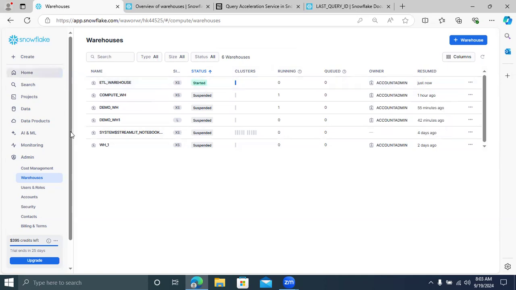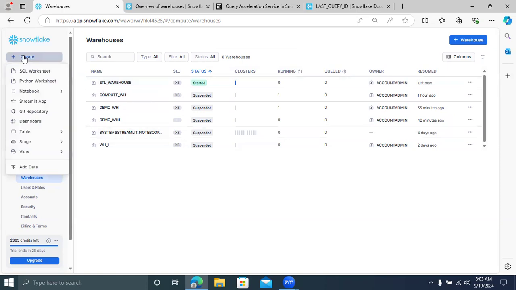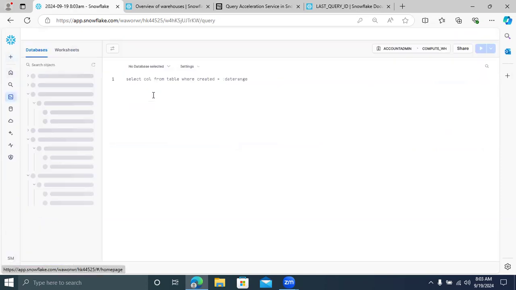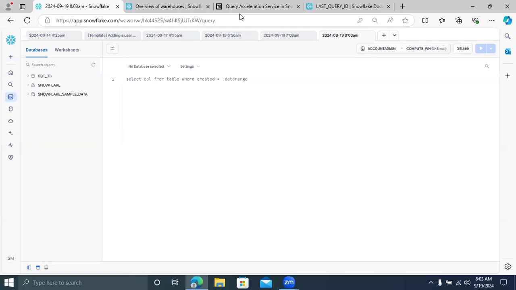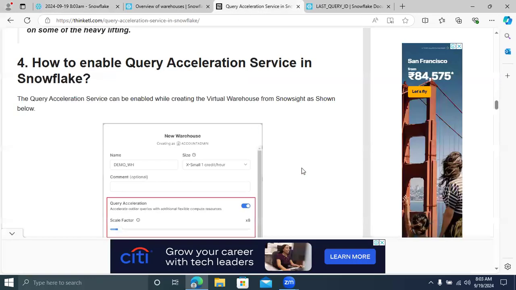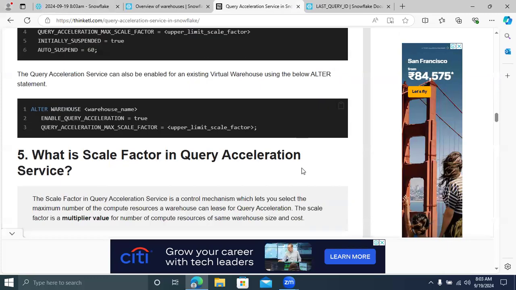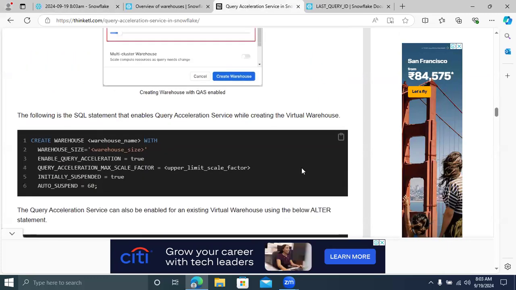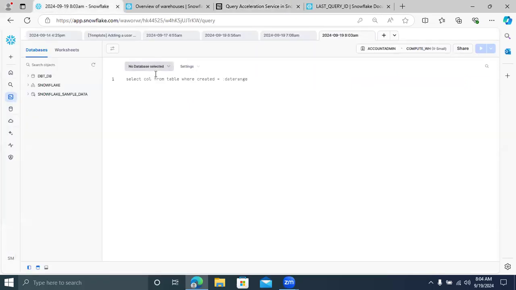Now do one thing, guys. Create a new SQL worksheet. There are 2 different ways to create warehouses. One is using Snowsight, another is using SQL statements. I'm just going to copy the statement as it is, to save time.